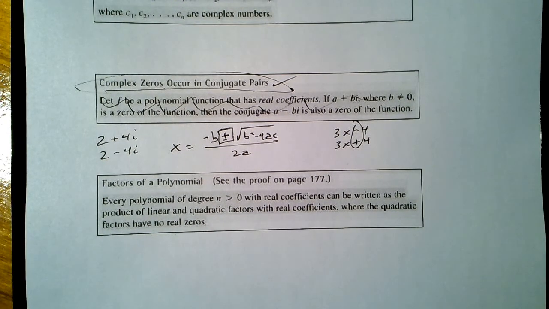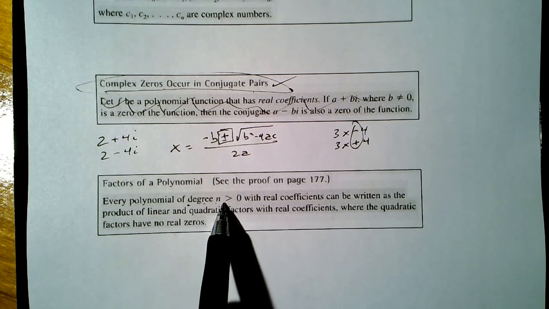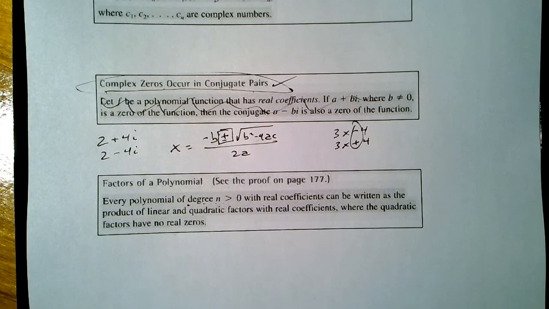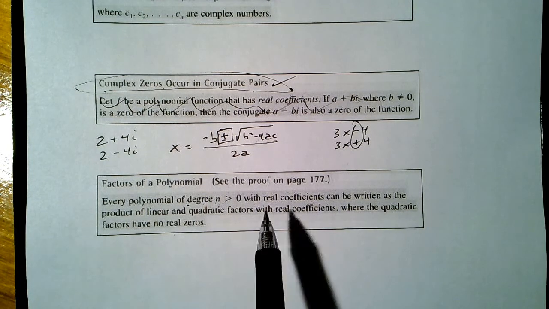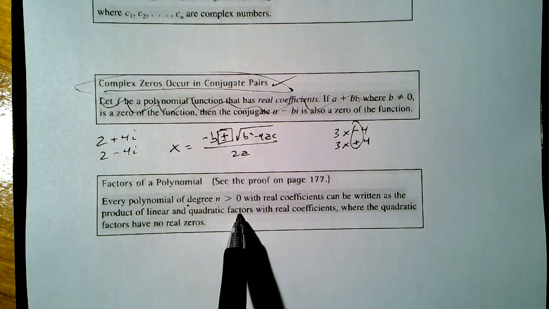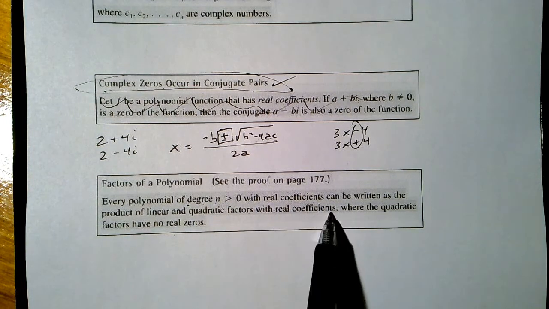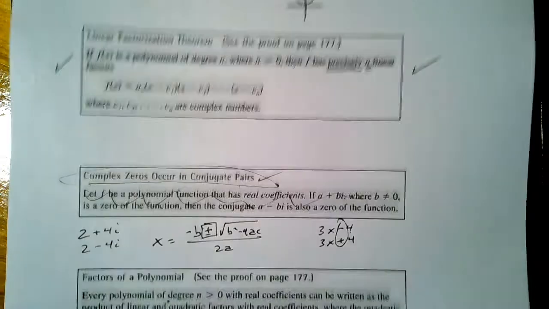Okay, factors of a polynomial. Every polynomial of degree n greater than 0, so it's really just like the first two, fundamental theorem of algebra and linear factorization theorem, with real coefficients can be written as the product of linear and quadratic factors with real coefficients where the quadratic factors have no zeros. And you'll see how that just falls into place with what we just talked about in the linear factorization theorem. So with no further ado,